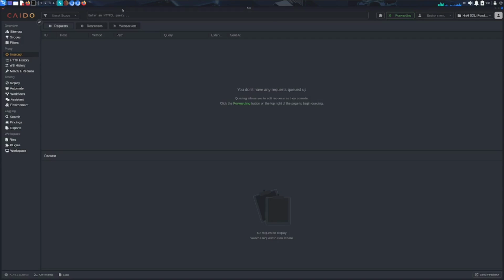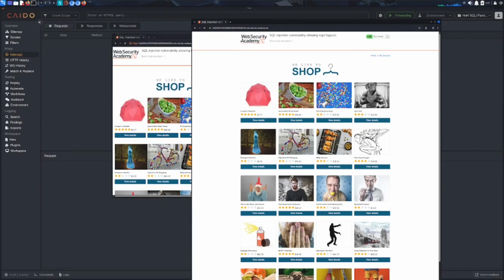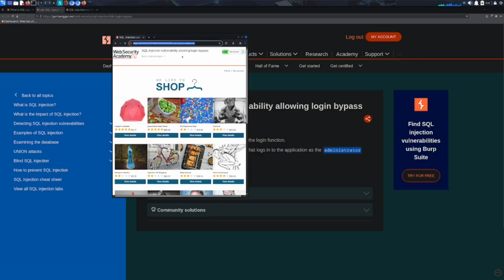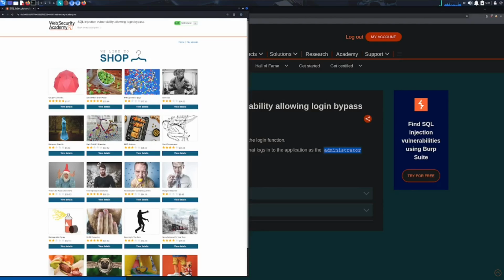Cool. So this is the one that goes to Kaido, just to show a different tool, where the lab is talking about login bypass, and we want to log in as the administrator user the predetermined way we want to do it. So let's take a look at